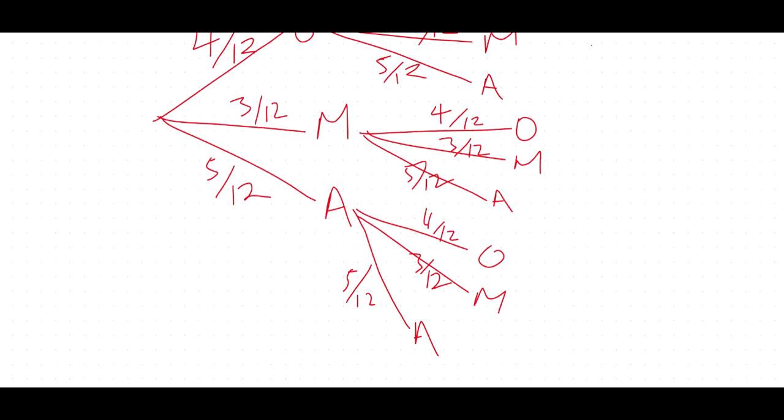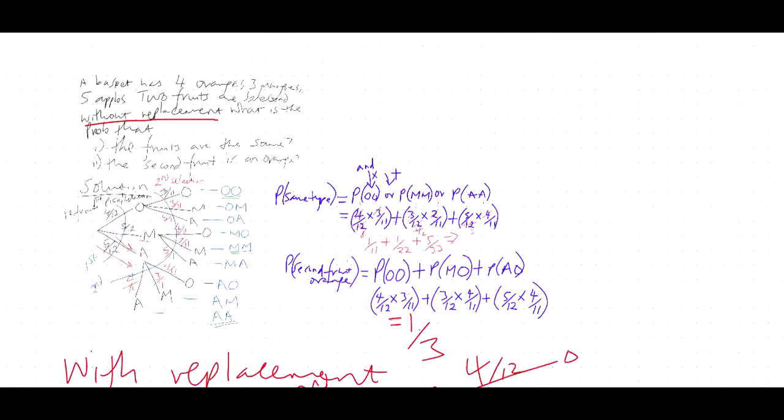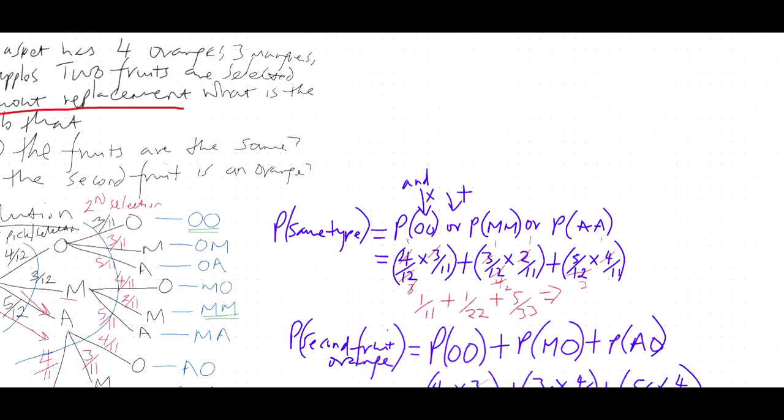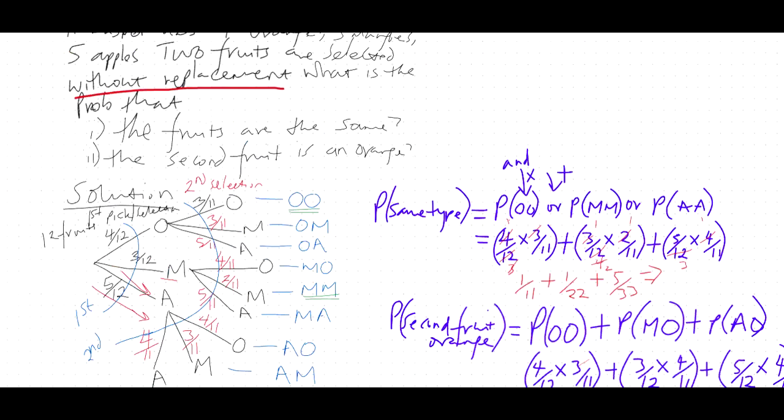Even if you pick another instance here, you pick another one, orange, mango, apple. So I'm picking for the third time, and every time I pick, I replace or take it back. So the probabilities will remain like that. But for the first case, I just go to the first instance, the first tree diagram that we had. So if I wanted to pick a third fruit here,